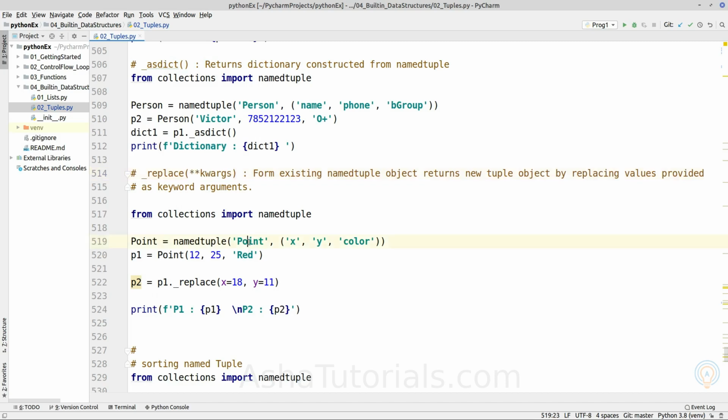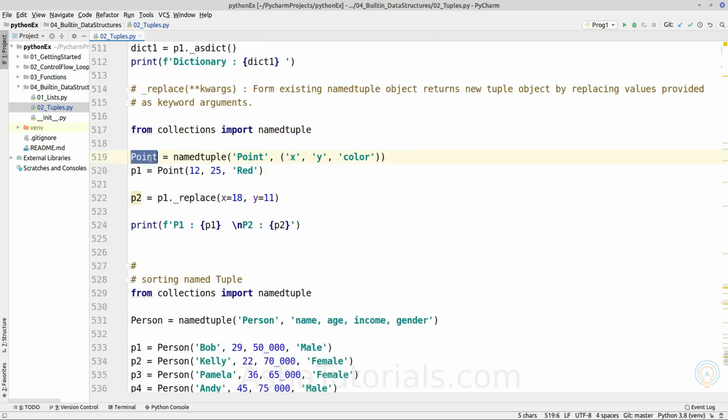So for a point class, if we have a point object p1 and want to construct a second point object by just replacing the x and y coordinates, and we want to retain its color, we can write p1 dot replace.